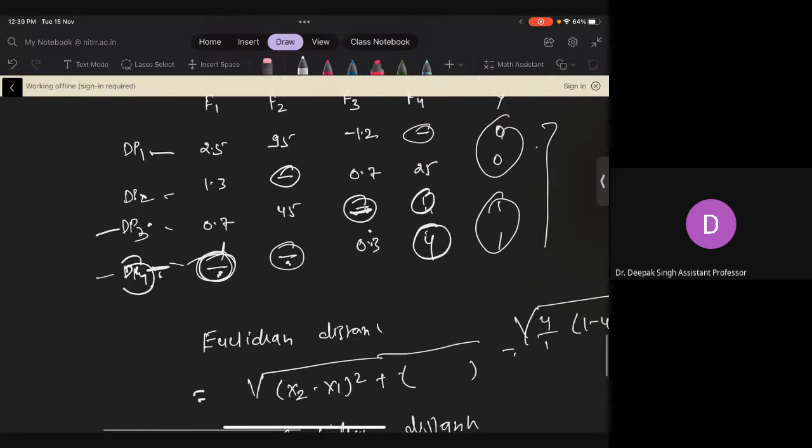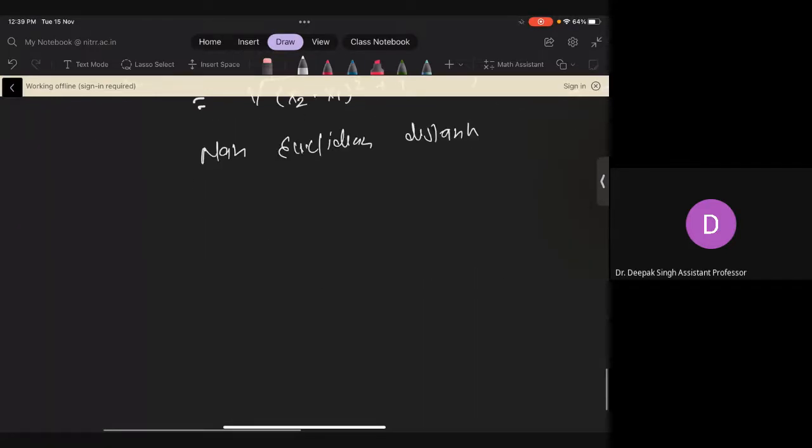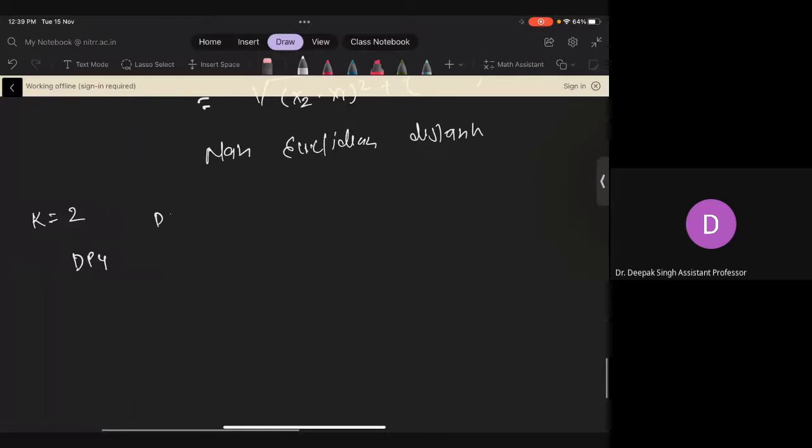Similarly, you can also apply the same formula for dp4 to dp2 and dp1. How many distances will you get? In fact, 3 distances. Sorry, dp4 to dp3, dp2, dp1, so you will get 3 distances. And suppose you decided the k value to be 2. Okay? So the 3 distances computed, suppose dp4 with respect to dp3, dp2 and dp1,